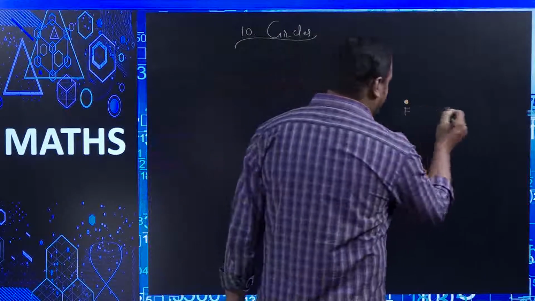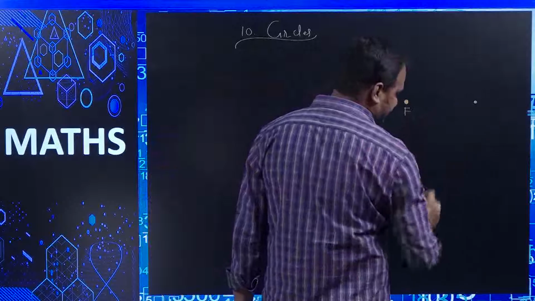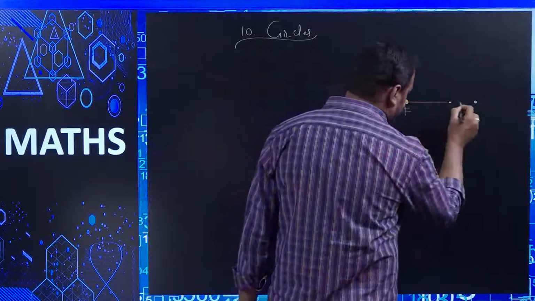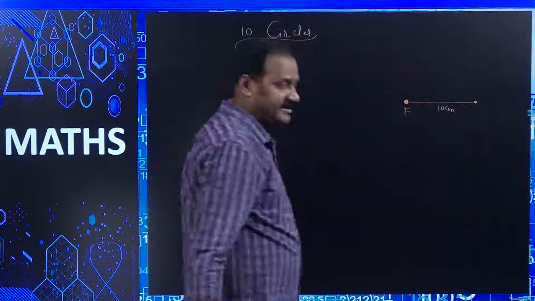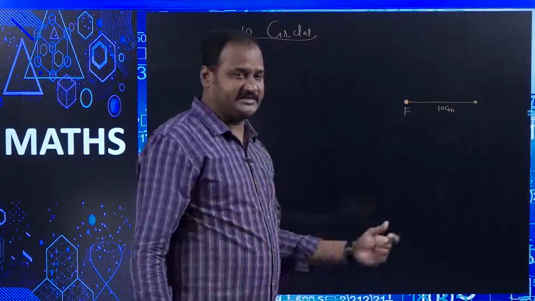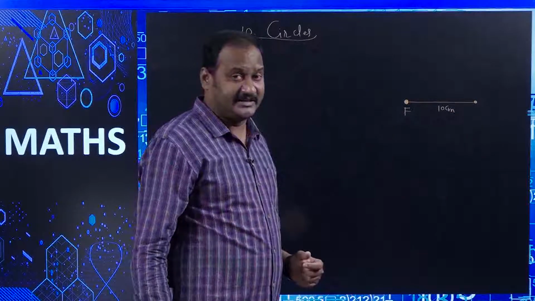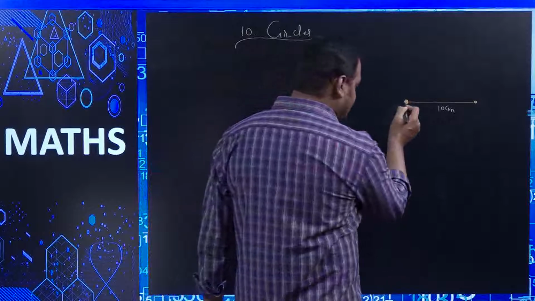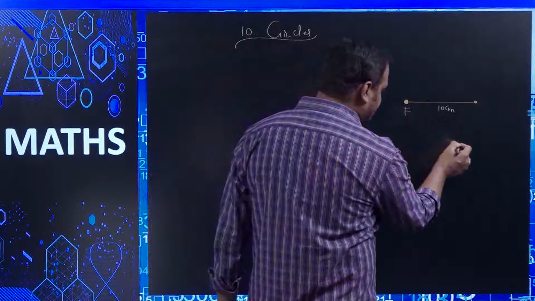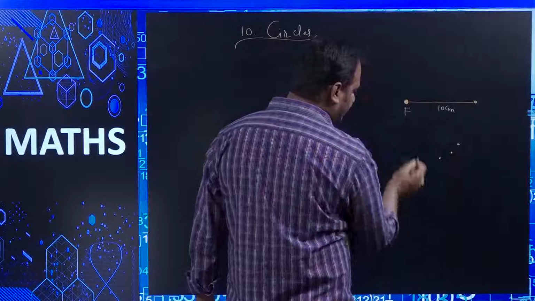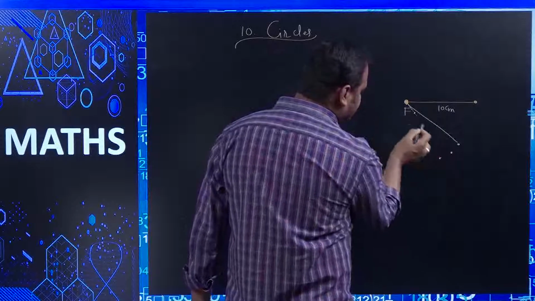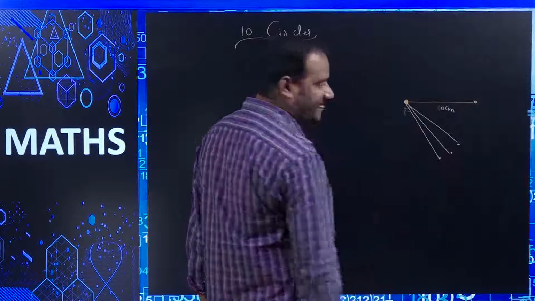See, I am taking one more point here which is at 10 centimeters distance, meaning the distance from here to here is 10 centimeters. This is one point. Can I take one more point which is at 10 centimeters distance from this fixed point? Yes, of course I can take. Maybe in this direction I can take one more point. Maybe here I can take one more point, where all the distances from the fixed point are the same, right.